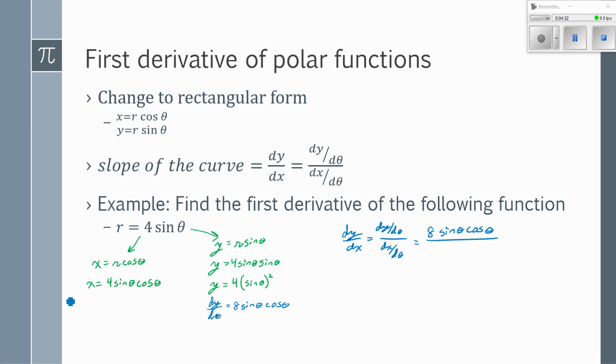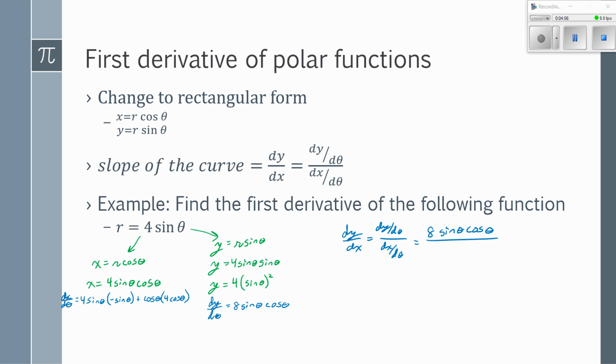Then I need dx d theta. And to do this, I'm going to need to do product rule because I have sine of theta times cosine of theta. I'm going to treat 4 sine theta all as the first term. So I have first times derivative of second plus the second times the derivative of the first,